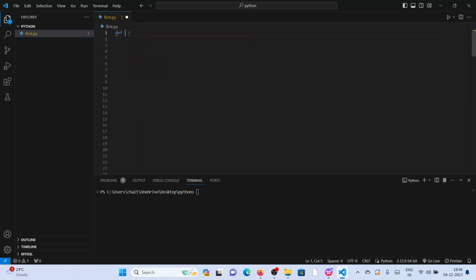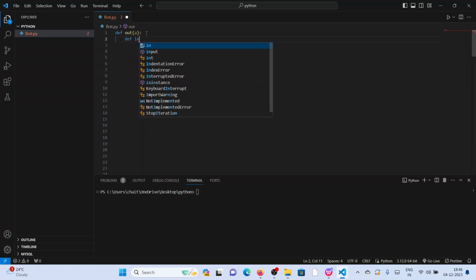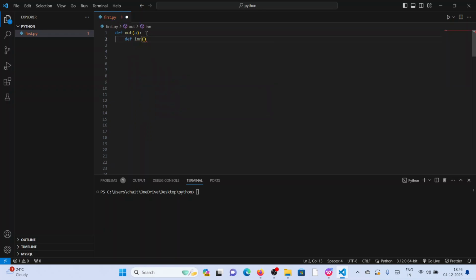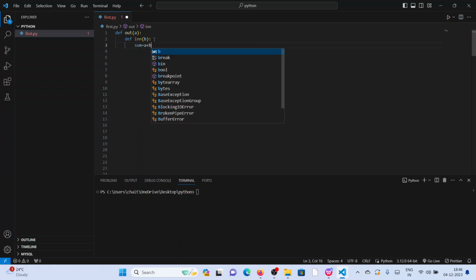First, define the outer function, outer, and pass a parameter here, a. Now define the inner function, inner, and pass a parameter b. Do some task here: assign sum is equal to a plus b, whatever the task, but we have to access the sum a plus b and return